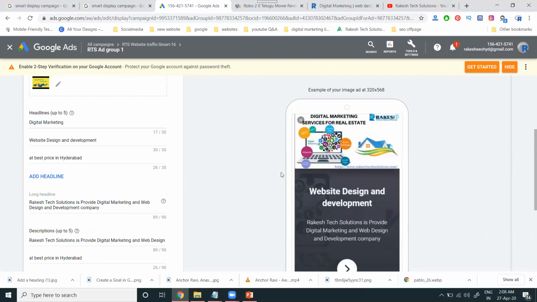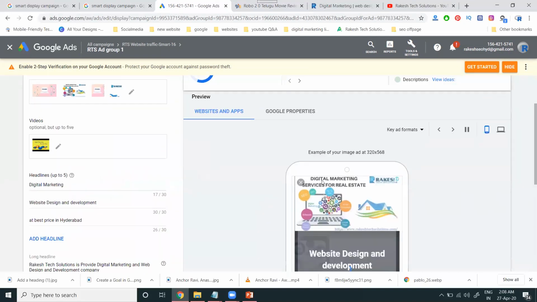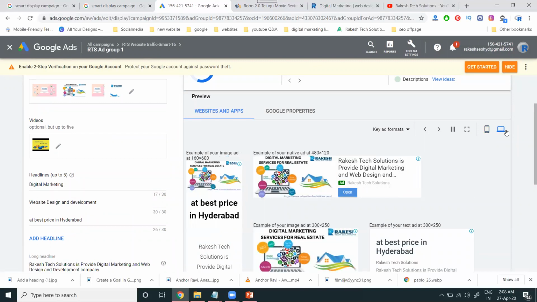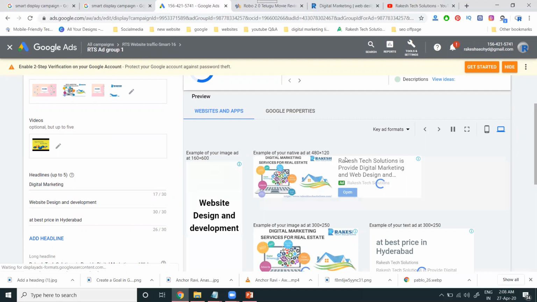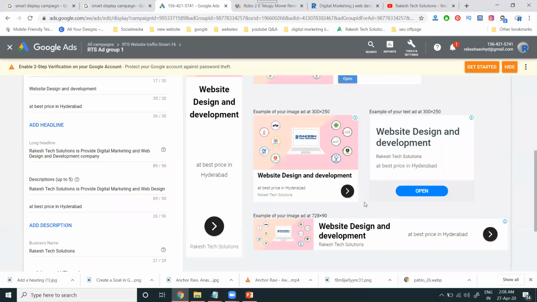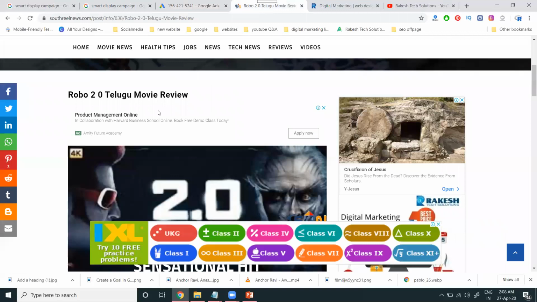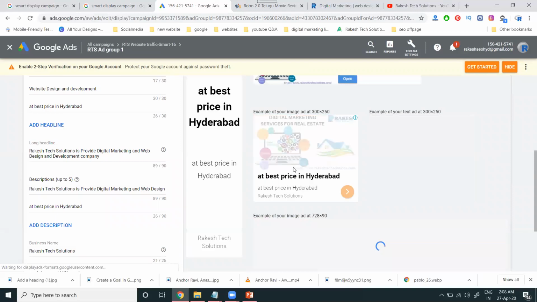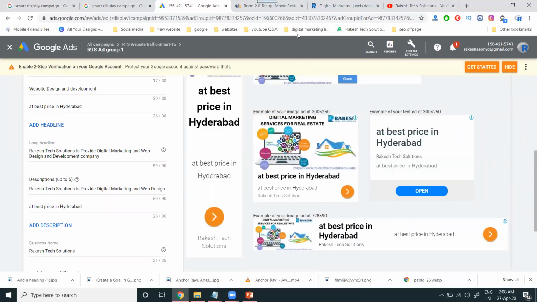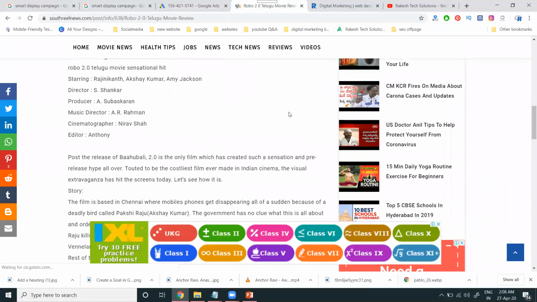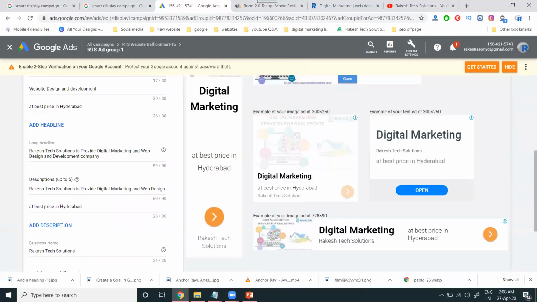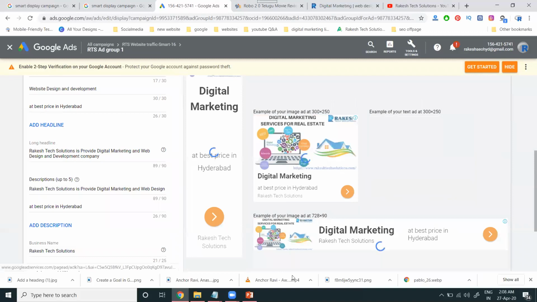So anytime it is running, the ad will be shown to the customer like this. Always remember, any ad we approve, how we can show it on the website and then mobile, we can check all in the campaign structure option. These are all the particular ads. Here, in all these ads, text will be there and like this. This is all we approve, which website is approved by Google Ads. The ad we show to customers will be in the display format. So this is called smart display ads in the Google AdWords campaign option.